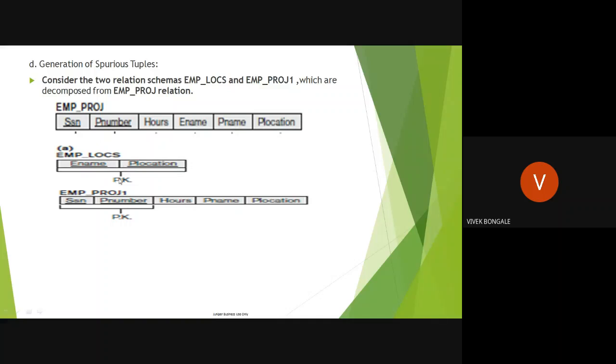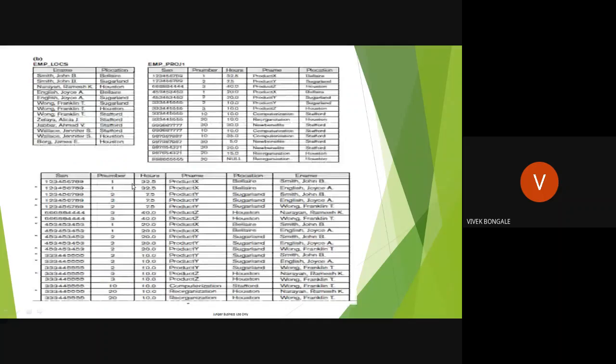If you want to join these two tables, we first place a value for each table. Here we are placing some values for the E name and the P location, values for each attribute. You can join with the attribute values of the P location and the P location in employee project one. So once we join here, with the join operation,